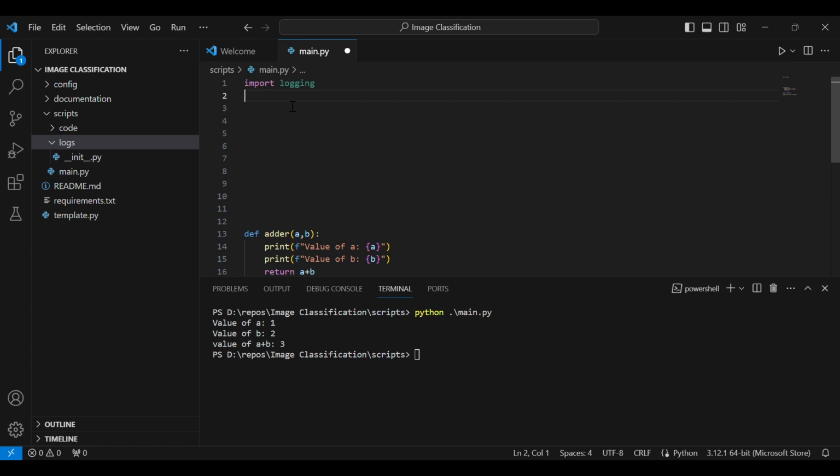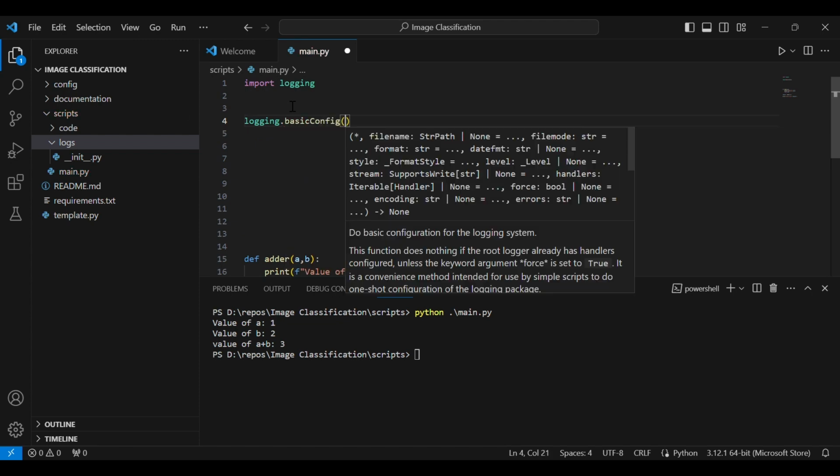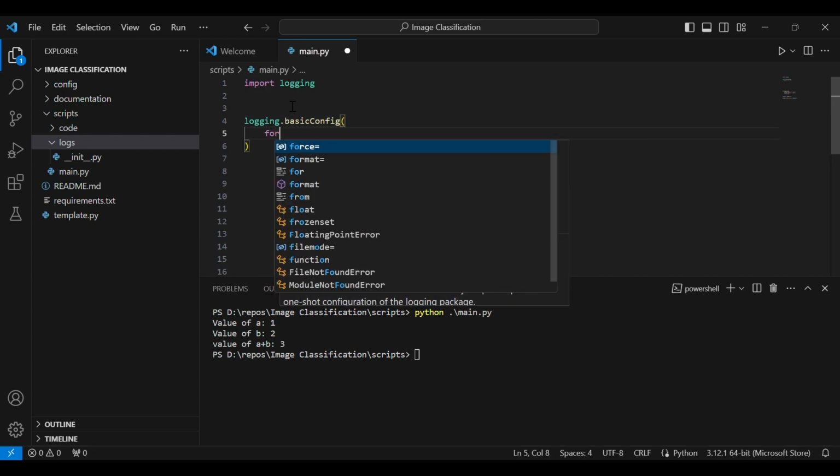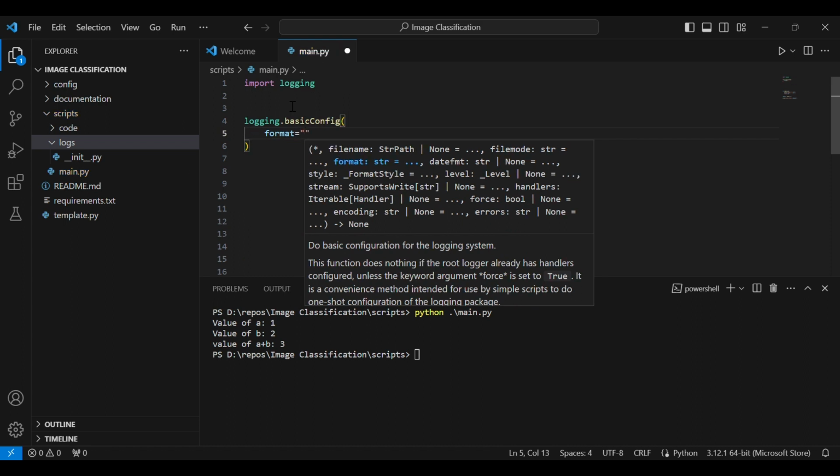So I'm also going to create something called a logging format. Okay, so I want this format to be very much detailed. So logging dot basic config,